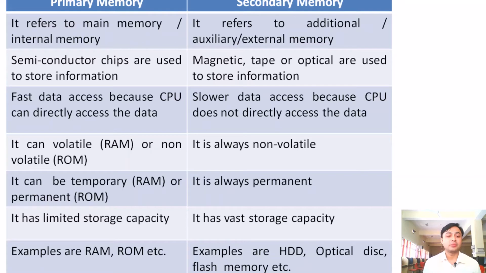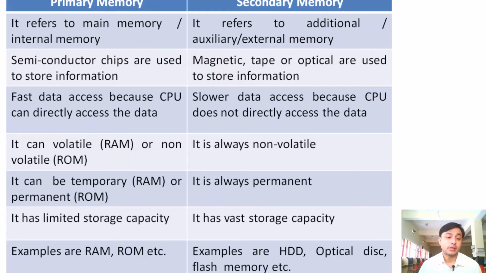The primary memory can be volatile, that is RAM, or non-volatile, that is ROM. Secondary memory is always non-volatile. Volatile means when the light suddenly goes off, then all the data in the computer are lost. But in case of secondary memory, if you have saved the data and even if there is no power supply or when the computer is suddenly shut down, then you can retain that data after switching on the computer. But in case of a primary memory, you cannot retain that data. All the data will be lost in case there is a sudden power shutdown.